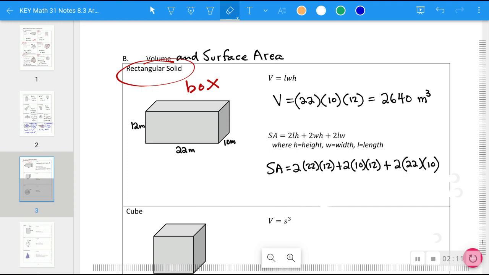So you can see here, I'll just go through it one at a time. I have 2 times the length times the height, then plus 2 times the width times the height, and then finally 2 times the length times the width. So you're just plugging into this formula and doing the calculations. Multiplication happens first, then addition happens next, and you get an area of 1,208 square meters around the outside surfaces